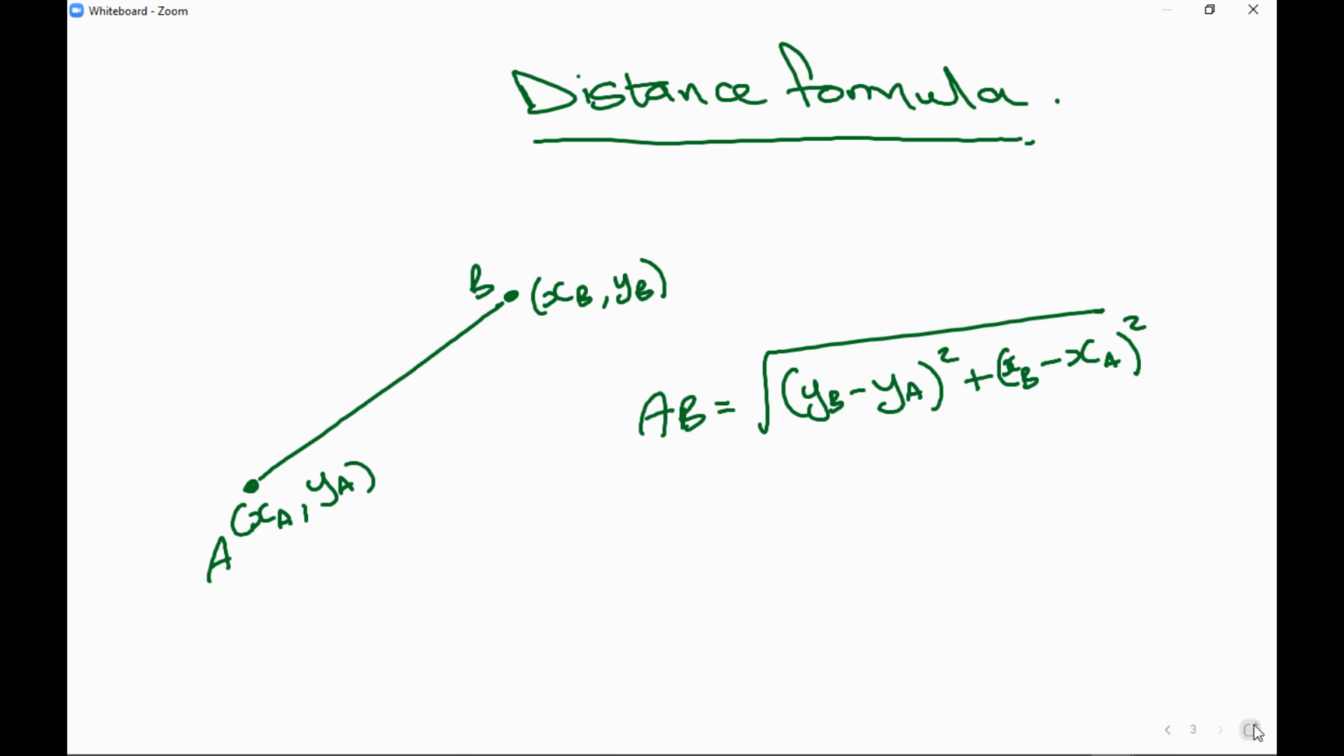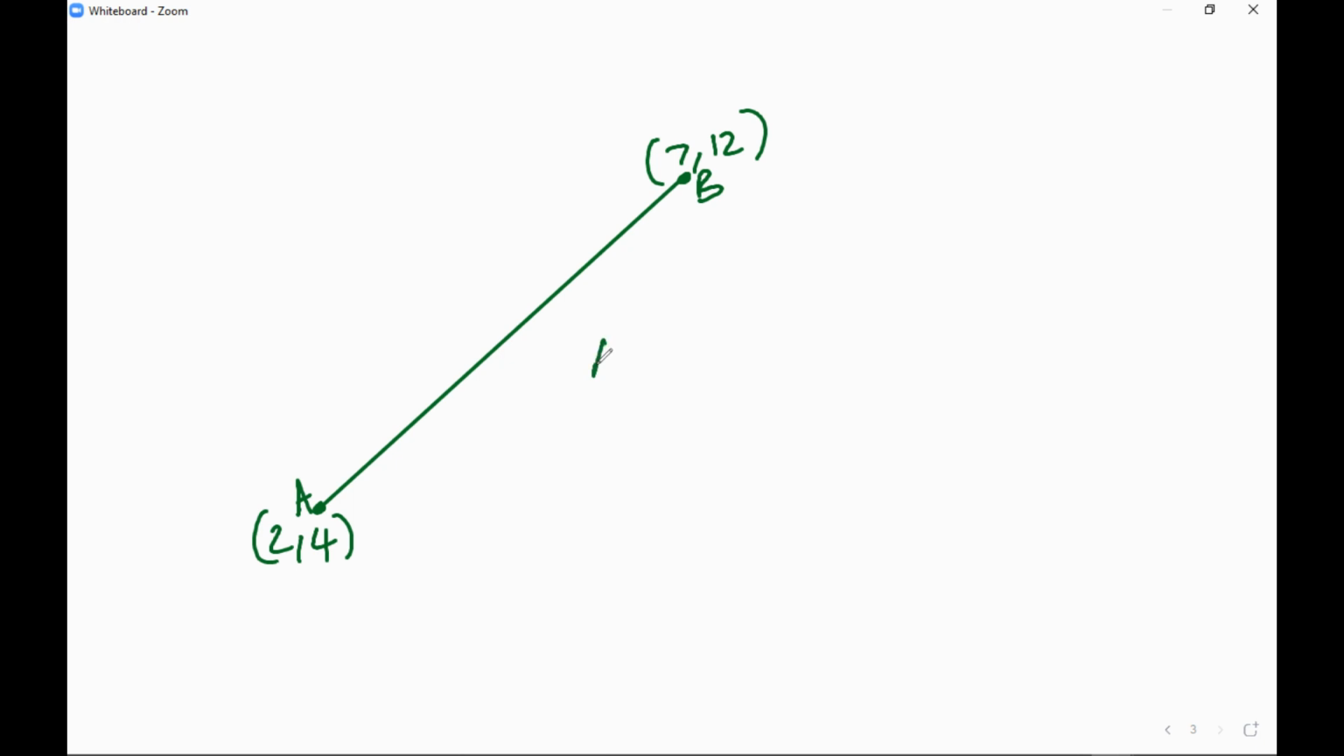Let's look at an example. Suppose I've got a line here and I want to find the distance of these points, and I'm given the coordinate 2, 4, and I call it point A. And I'm given the coordinate 7 and 12, and this is point B. So if I want to find the distance of this, the length of AB, it's going to be equal to the square root of